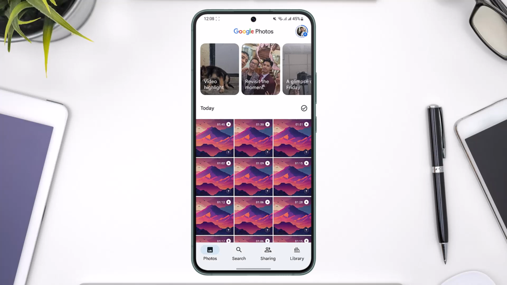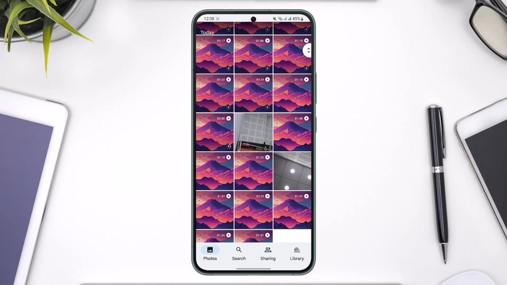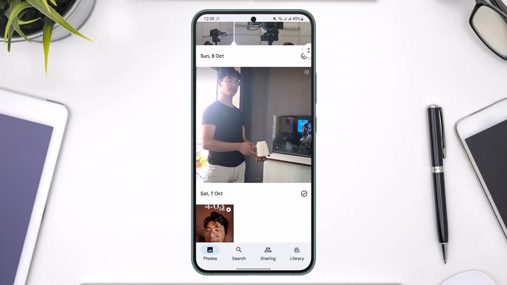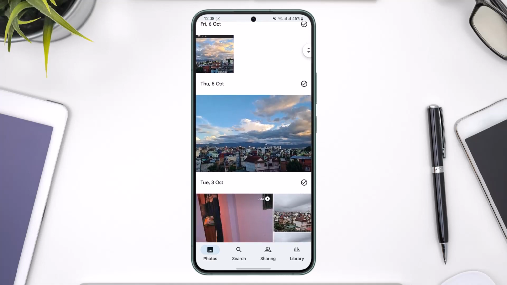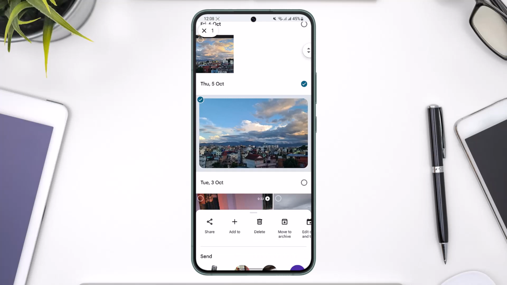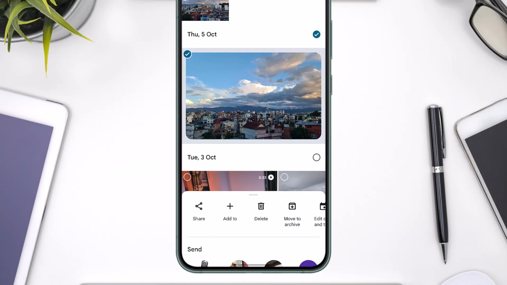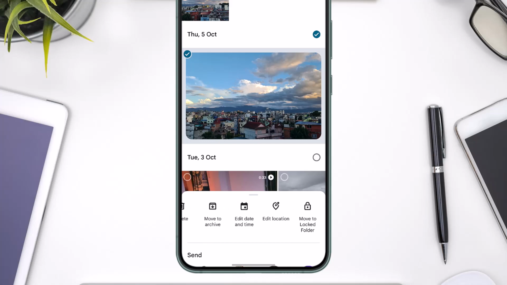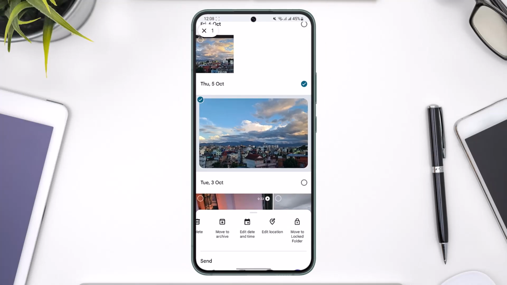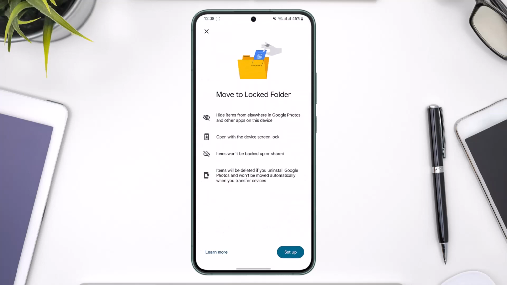Once you launch the Google Photos app, let's say there are certain photos or videos that you want to lock and you don't want other people to see. So long press on a certain photo over here. You can also select multiple photos, by the way, and then from the bottom you'll see many options where you have to scroll to the right hand side, and from the bottom right you'll find an option called move to locked folder. So now all you have to do is tap on the move to locked folder button,